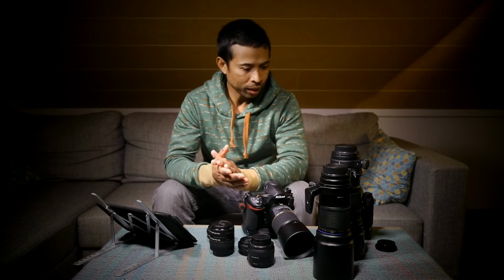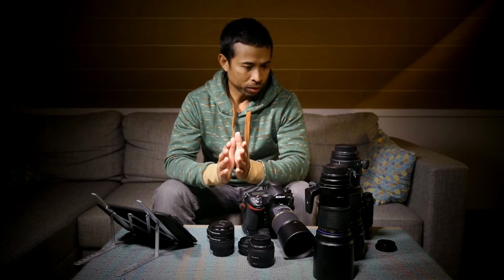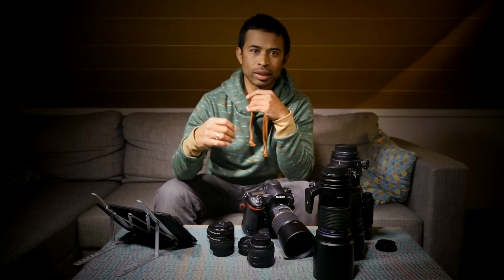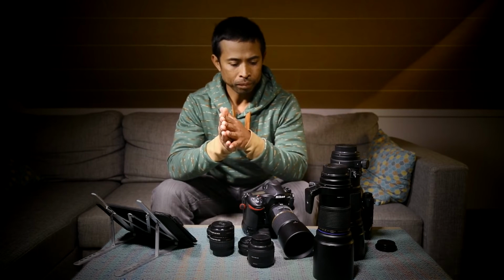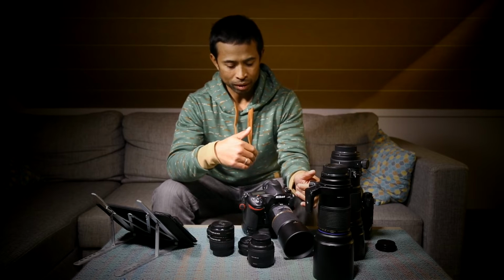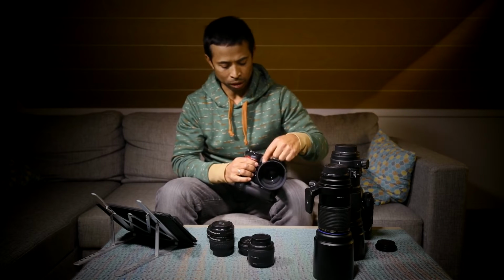Price out of the way. As I mentioned before, minimum focusing distance is quite important when it comes to macro photography, because you don't want to scare the animal. You don't want to be too close and then the insects just fly away. Unfortunately, the shorter your focal length, the cheaper the price of the lens, but you will have to be very close to your subject. For example, with this 90mm lens,